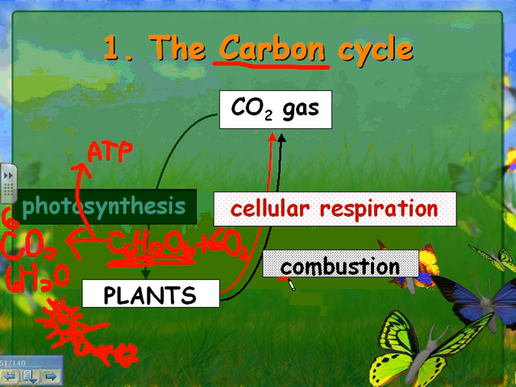Do you know what combustion means? That means, like, explosion. Could be, but it also means burning. So you could combust really fast, and that would be an explosion. Yep, you're right. So the two ways that you add CO2 back to the environment are either cellular respiration or burning, combustion. Okay, so now we're going to get more complicated, because sometimes plants get eaten.